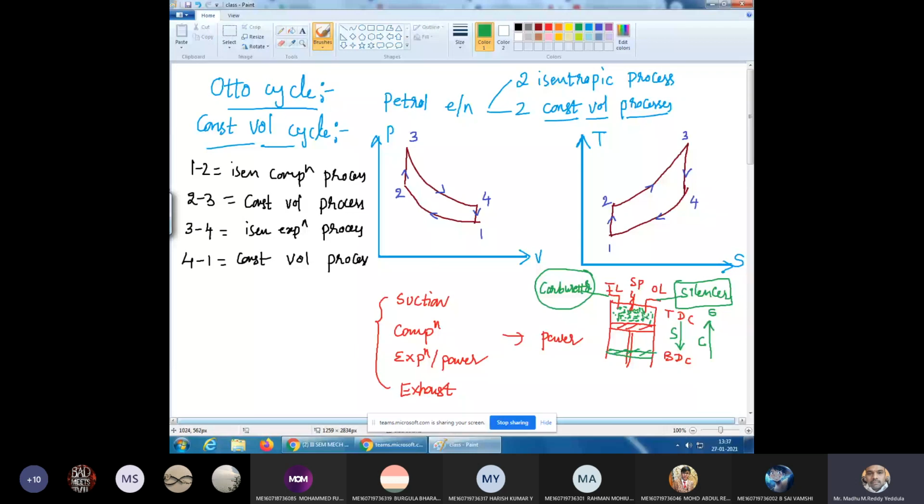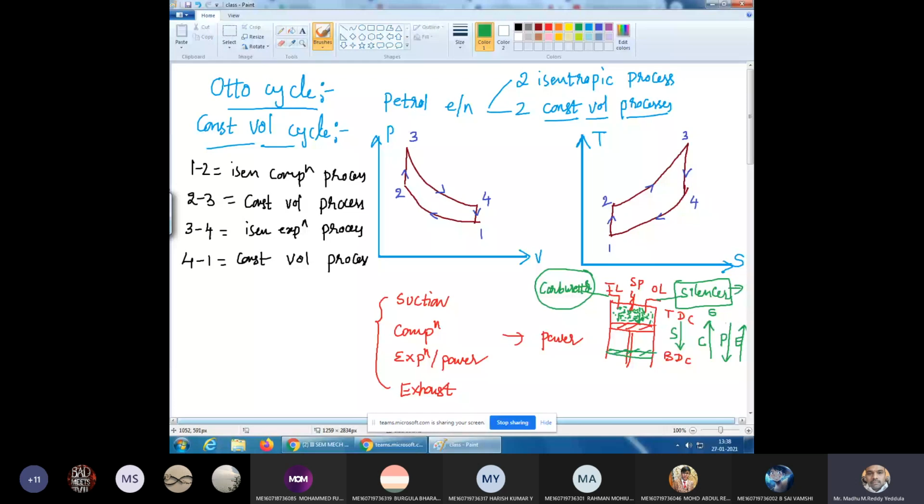Means combustion will start at that point. So once you burn the fuel, what will happen? High pressure and high temperature gases will be liberated. Those gases will push the piston downward. Therefore, again the piston is moving from TDC to BDC. I can call that as power stroke or expansion stroke. At the end of the power stroke, the piston is at the bottom dead center. Again, it will move upwards, means from BDC to TDC. I can call it as exhaust stroke. During this process, the exhaust gases formed due to the combustion will escape to the atmosphere through the silencer.